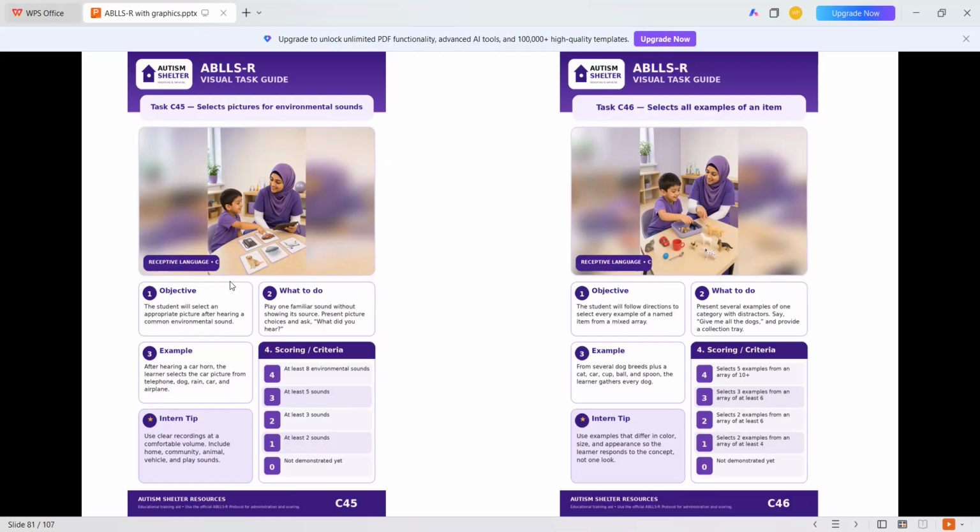The objective is that the student will select an appropriate picture after hearing a common environmental sound. What to do? Play one familiar sound without showing its source. Present picture choices and ask, what did you hear?